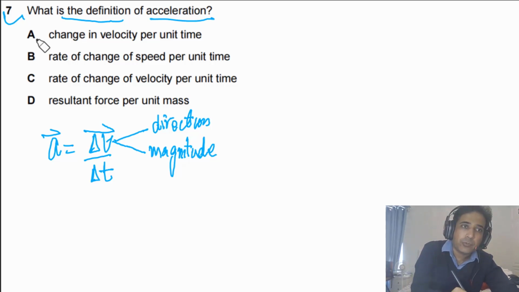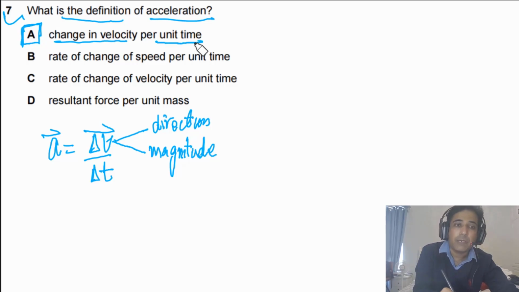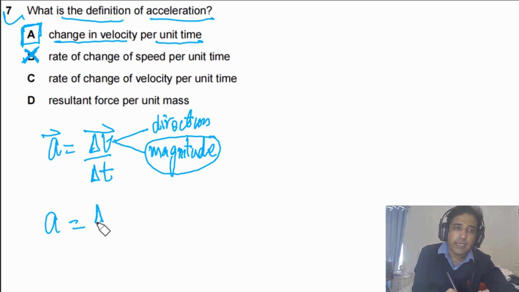So if you look at the given options, option A is correct because this is change in velocity per unit time, but this is not rate of change of speed. This is only telling you one part of it, meaning the magnitude is changing. So this is not the complete definition of acceleration. So this is incorrect. Rate of change of velocity, this is telling us we have delta v over delta t divided by delta t. So this is